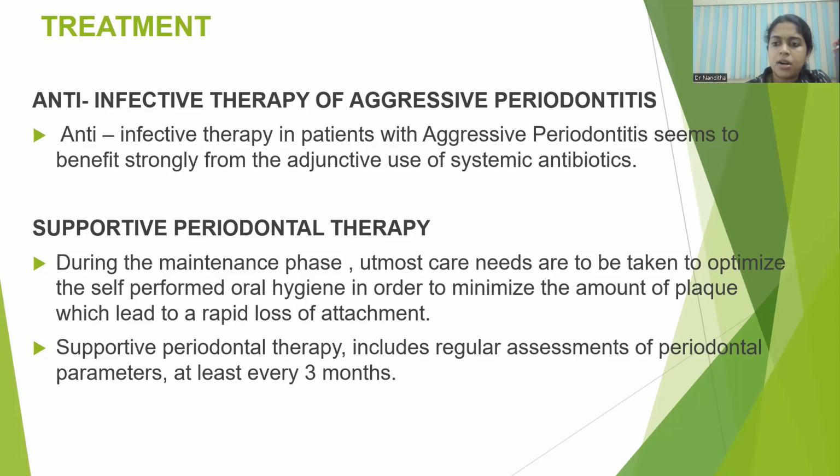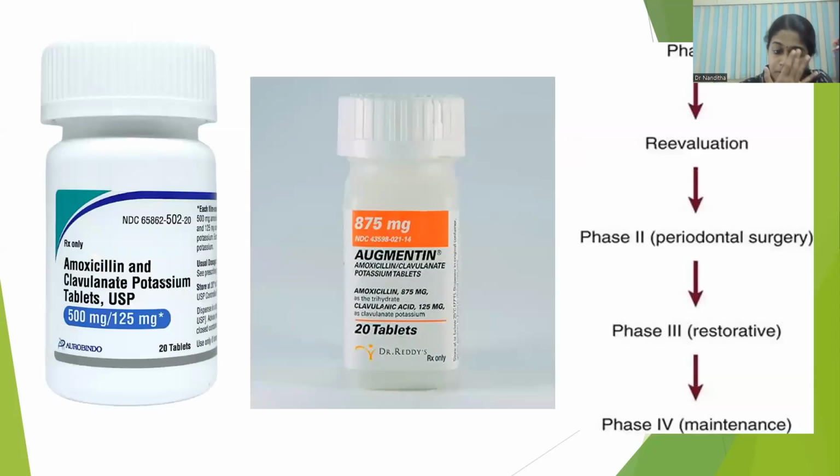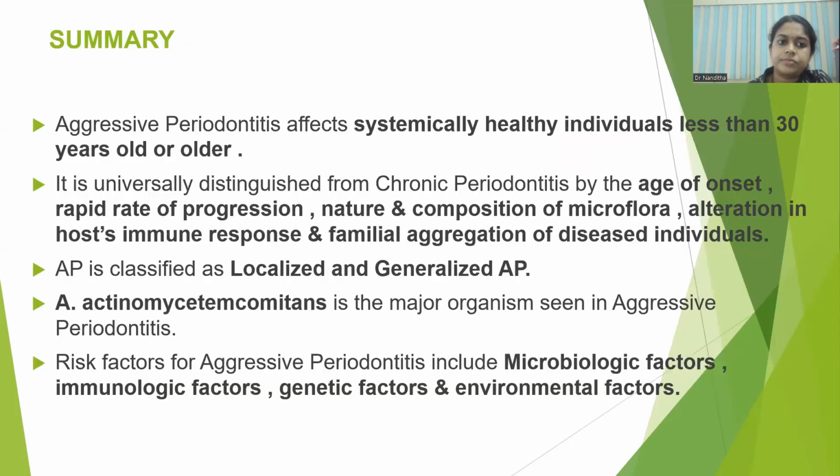Then, as in the case of chronic periodontitis, we do a flap surgery with attempted regeneration of the sites of periodontal intrabony defects. And in advanced cases, patients can be kept under maintenance. During the maintenance phase, utmost care has to be taken for self-oral hygiene measures, that is plaque control measures, to prevent further attachment loss and bone loss. Supportive periodontal therapy includes regular assessment of periodontal parameters once in every 3 months in the first year. So this is about antibiotics being prescribed, which is given in the phase 1 therapy. And in case of advanced tooth mobility, where the tooth has to be extracted, we can place implants